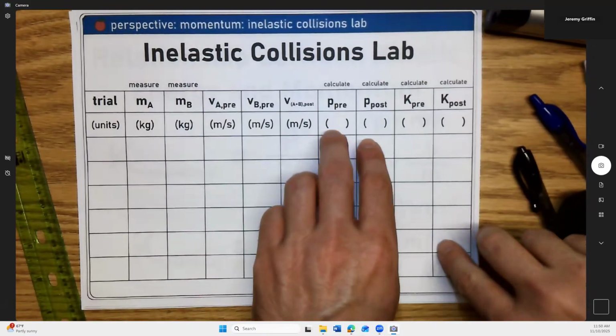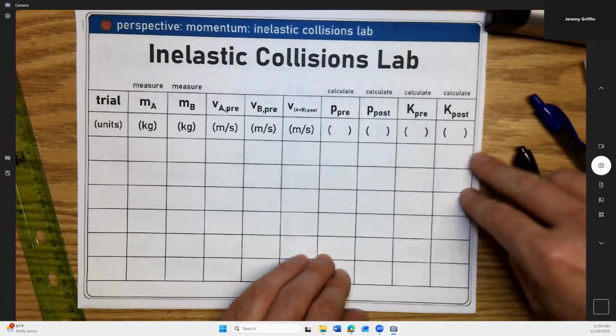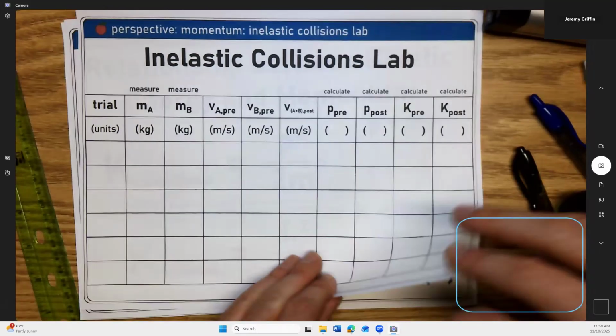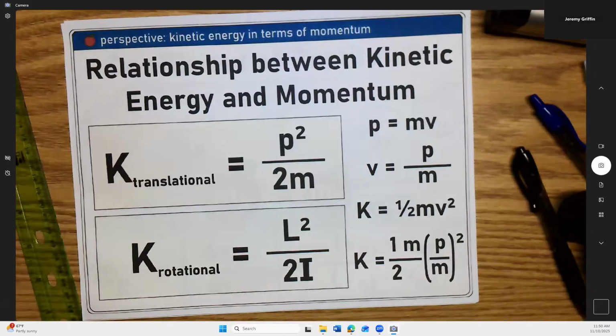Maybe some similar questions. What's the momentum before and after? What's the kinetic energy before and after? Right. And this one, the kinetic energy should always decrease. You can see that too. Let's try. You guys good there? Right. So I'm going to get a bit into the weeds here, but